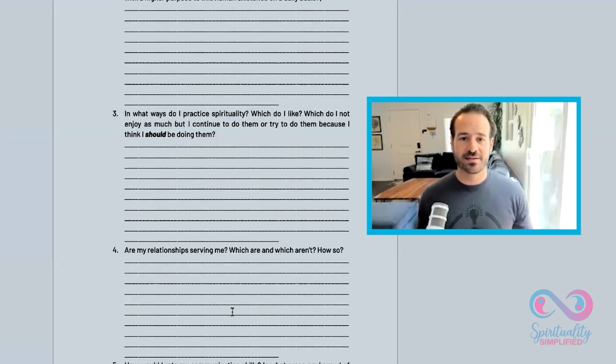But the thing is, most of us are doing this as kind of like, oh, I think I should be doing this. This is what I was told to do, and I'm just going to do it. As you can see, I'm using the word do. The word do represents the masculine. It represents the yang, whereas spirituality is all about being. It's about working with flow and intuition. So rather than being in this routine where you're doing all these spiritual practices because you think you're supposed to be doing them,